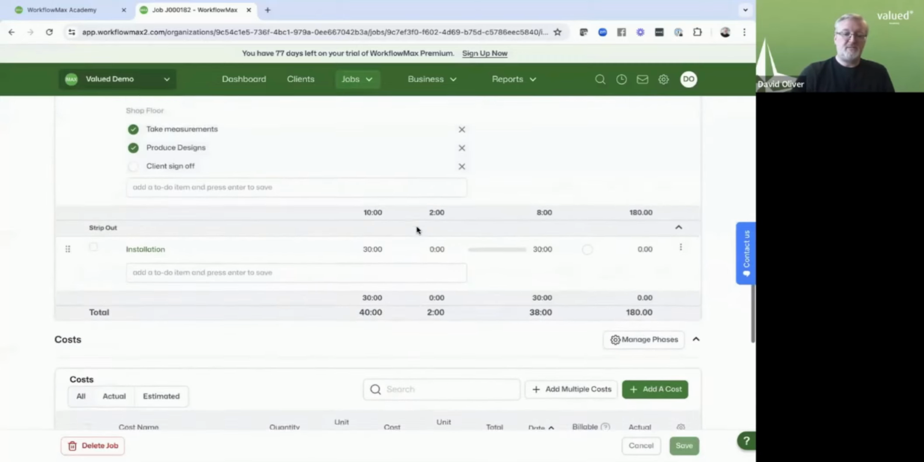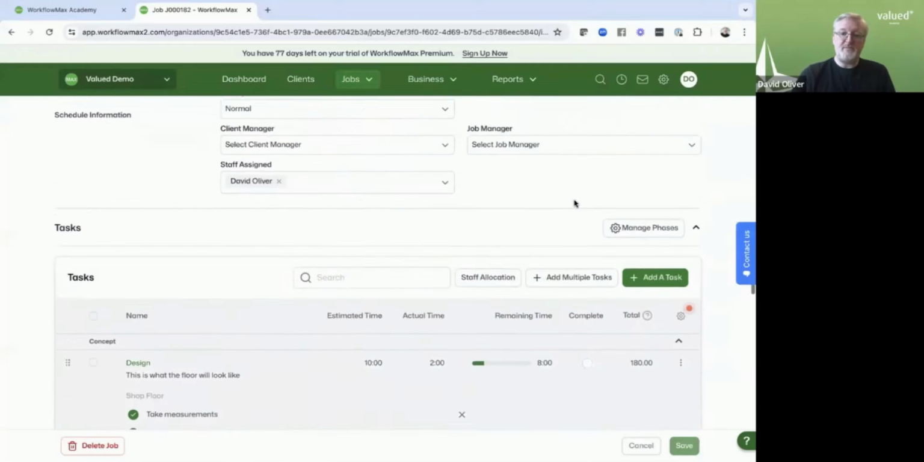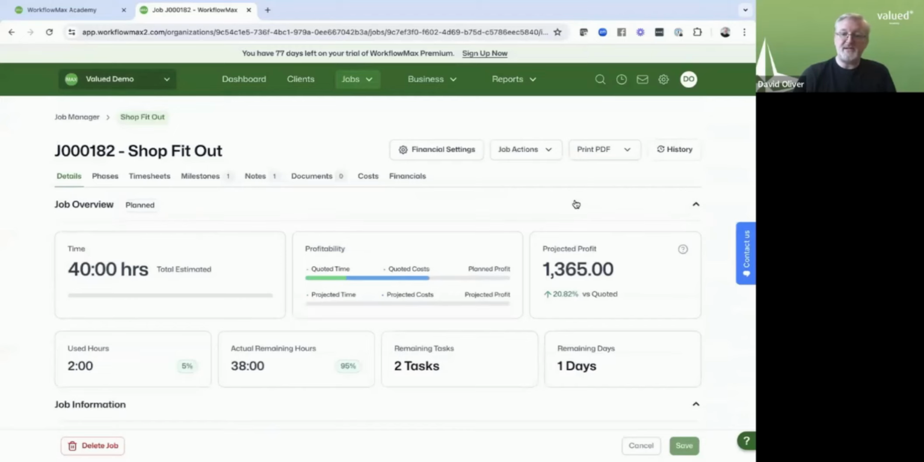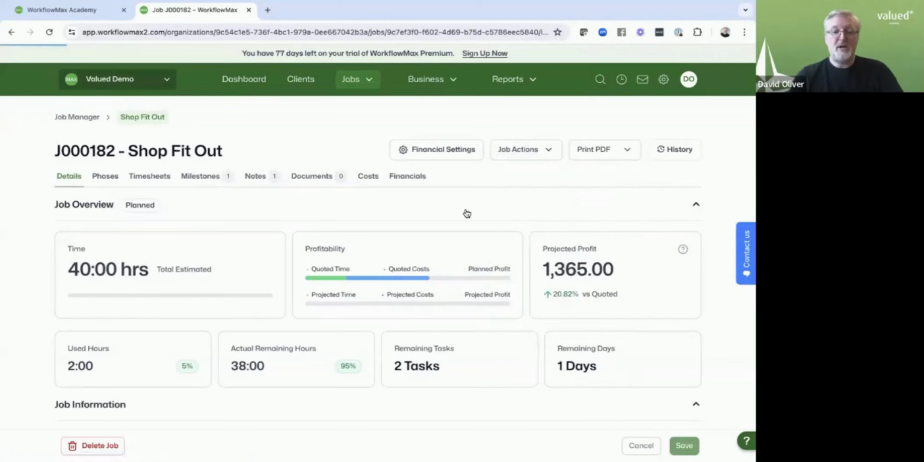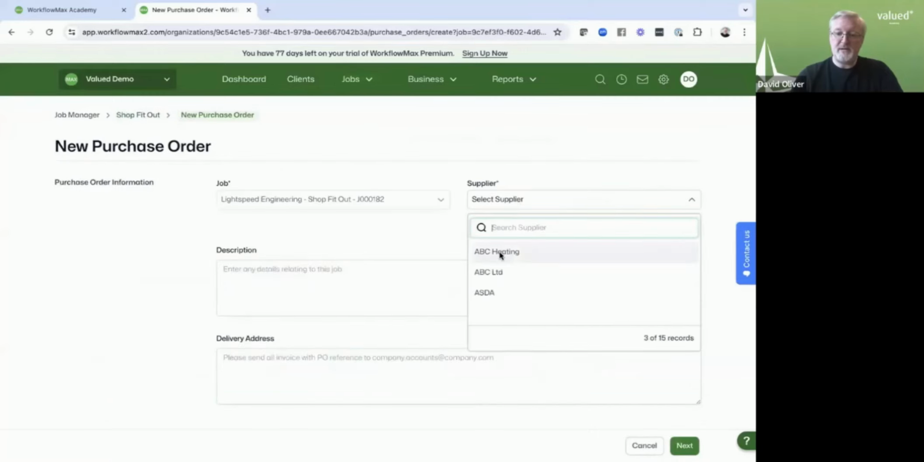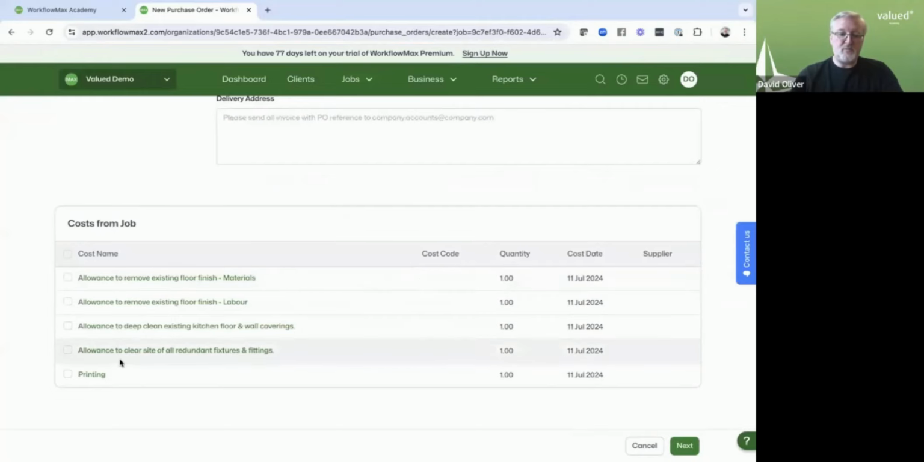So what else can I do? Well, I can look at my costs and I can raise my purchase orders. So if I'm needing to buy something in, I can go to my job actions, raise a new purchase order. I can say who the supplier is that I want to buy my item from. So here I'm going to pick ABC Limited. I can see which of these items I want to deal with. So my materials, I'm buying my materials from them. And when I go next,